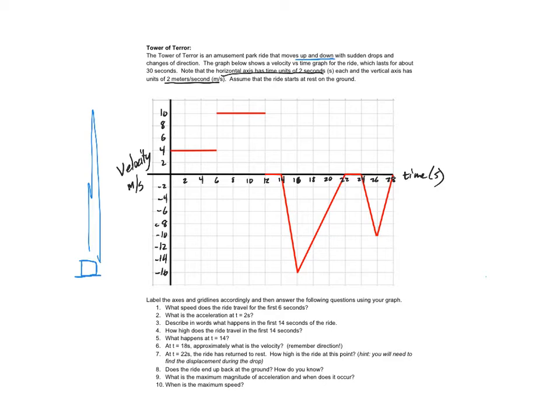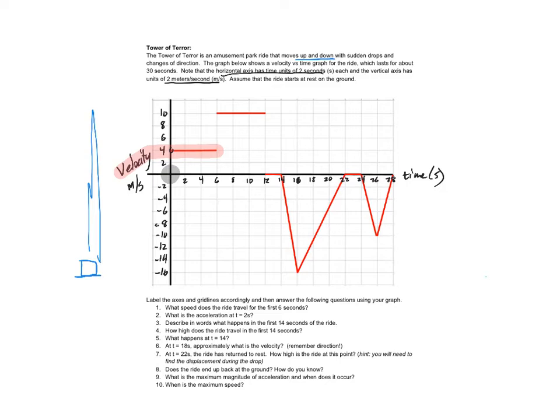One of the first things we recognize is that right here I've got a horizontal line. And remember, when I had position versus time, a horizontal line meant that it was staying in the same place. That's not the case anymore. This horizontal line means that it's moving at the same velocity. It means that for the first 6 seconds, it's moving 4 meters a second. It starts at rest right here, and then as soon as the ride starts, it goes immediately to 4 meters a second, and it rises at 4 meters a second for the first